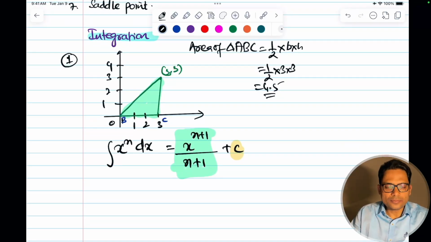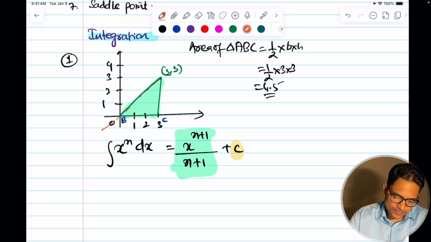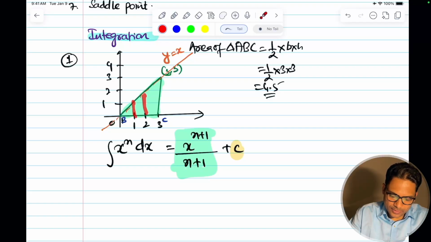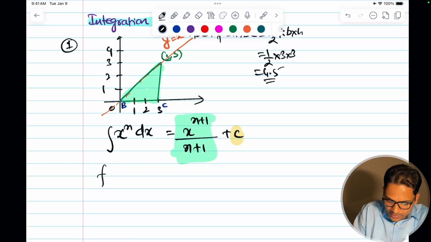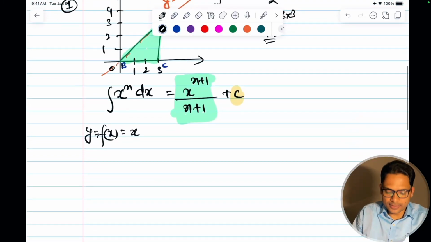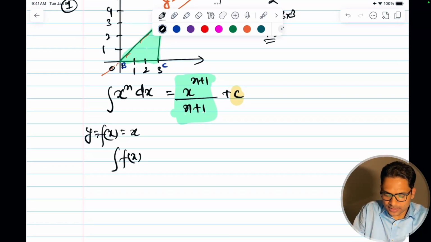Now the equation of this line is nothing but y is equal to x. Here x1 y1, x2 y2, and I have taken these purposefully so that it simplifies. So let's quickly understand. We now know that y, my f of x, is equal to x, so we can write y is equal to f of x. And if I integrate f of x dx, my area,